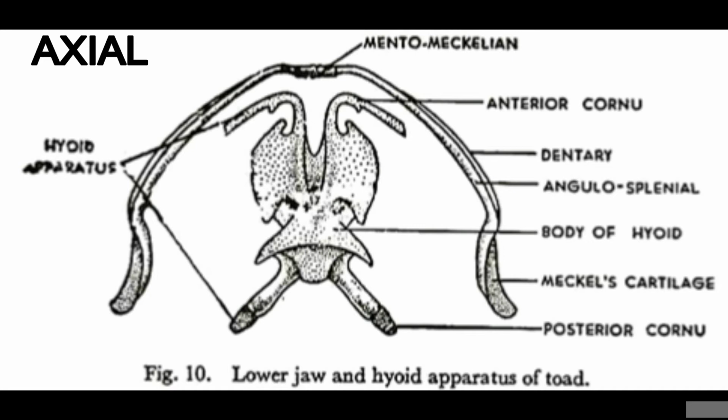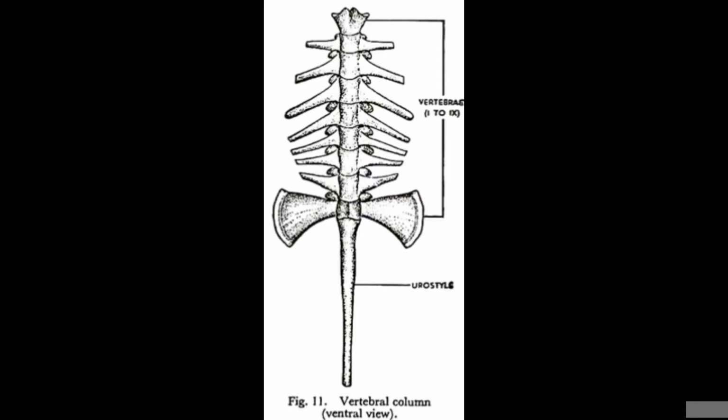The lower jaw of the toad has the mentomechilian, anterior cornu, dentary, angulus plenial, body of the hyoid, Meckel's cartilage, posterior cornu, and hyoid apparatus. The vertebral column connects the brain to the rest of the body and is composed of the vertebrae and the